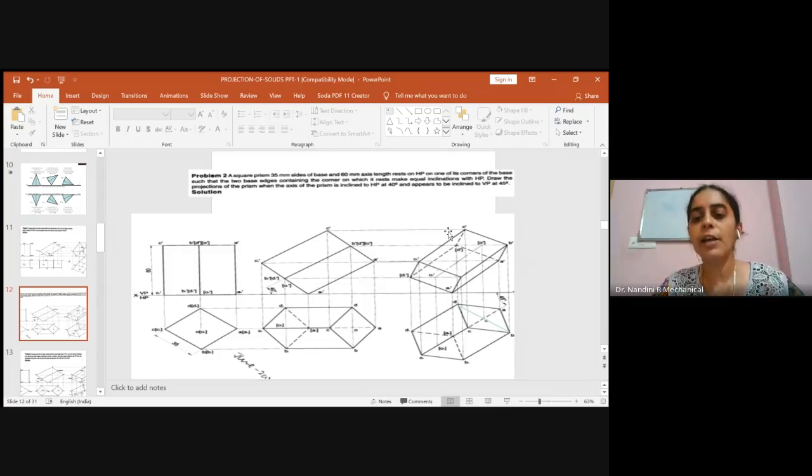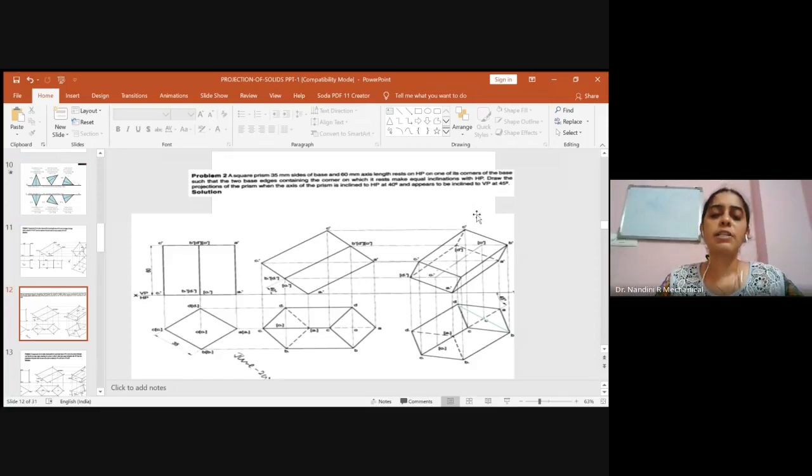Once you have constructed, don't forget to map the axis from the bottom to the top surface. Read the axis locus. Locus of O1 is meeting O1 dash at this point. So fix a point here as O1 dash. Similarly, the locus of O is meeting O dash at this point. So this point will be O dash. Later you have to join O1 dash to O. Okay, so this will be the axis line. This axis line again will be parallel to the longer edges of the given solid object. If it is inclined, then it shows you have gone wrong somewhere.